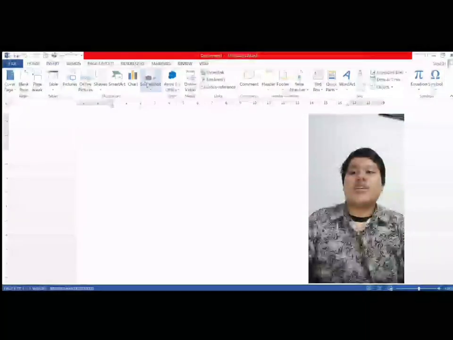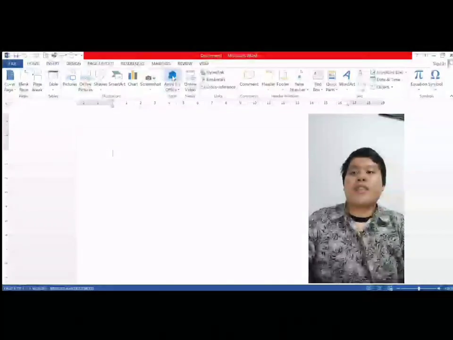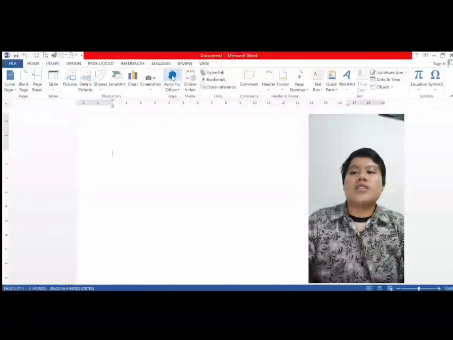Screenshot icon quickly adds a snapshot of any window open on your desktop to your document. The Store icon is the function to insert an app into your document and use the web to enhance your work. And